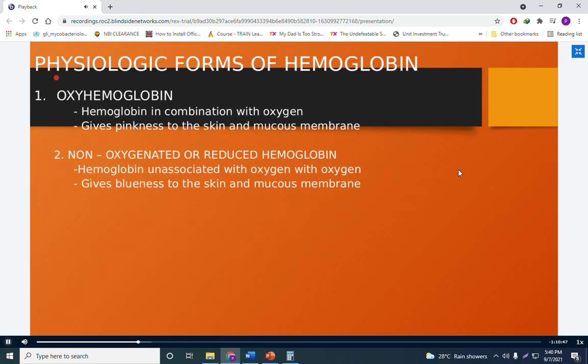Okay, we have the physiologic forms of hemoglobin class. These are the forms of hemoglobin that can be found in the blood. We have your oxyhemoglobin. From the word oxy, meaning hemoglobin in combination with your oxygen, it gives pinkness to the